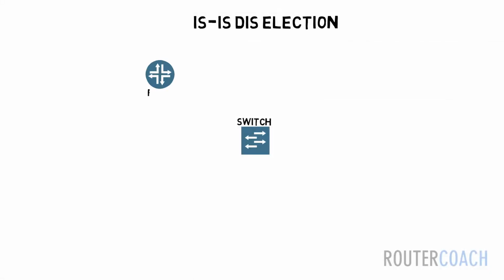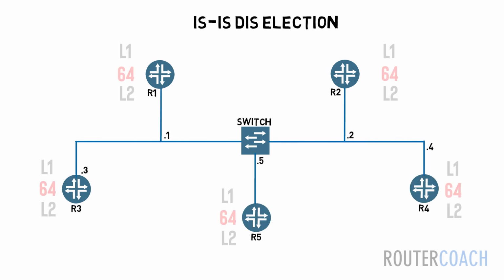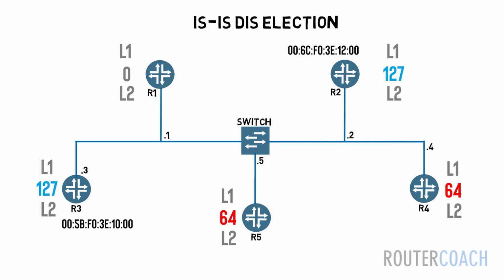On broadcast networks, ISIS elects a designated intermediate system for each level with the default priority being 64 for both levels. If the priority is 0, the router is not eligible to be elected as a designated router. The router with the higher priority value becomes a designated intermediate system. In the event of a tie, the router with the highest MAC address, which is also the subnetwork point of